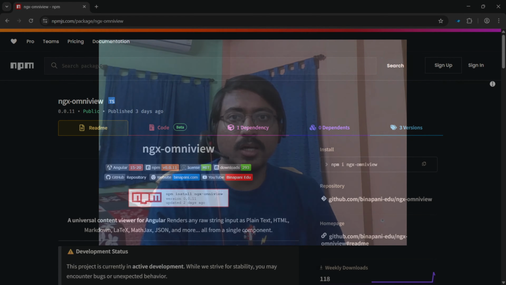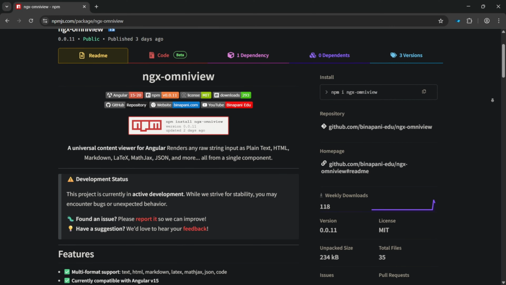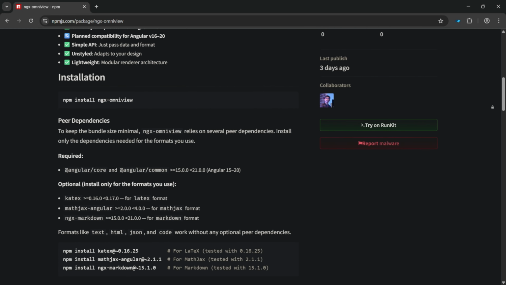I will also talk a little bit about the NGX Omniview library that we have made in Binapani and just made public, that is now available and published in NPM, and the source code is open sourced. We'll share a little bit of behind-the-scenes stories about the development experiences and yeah, we'll chit chat about Angular